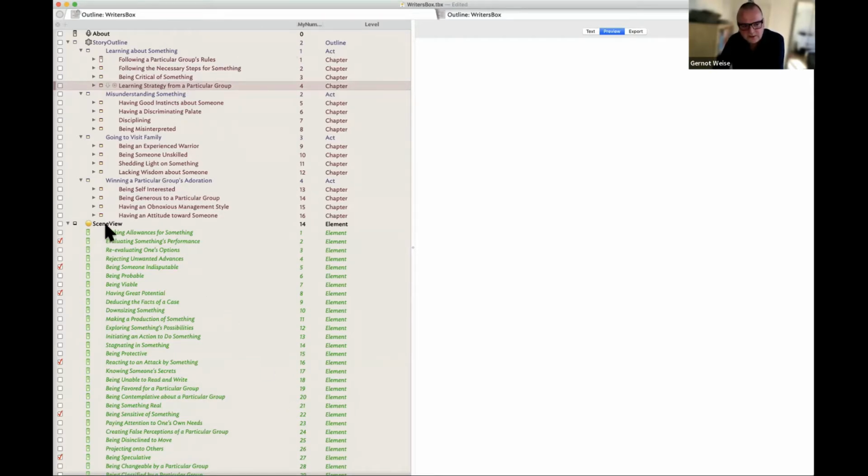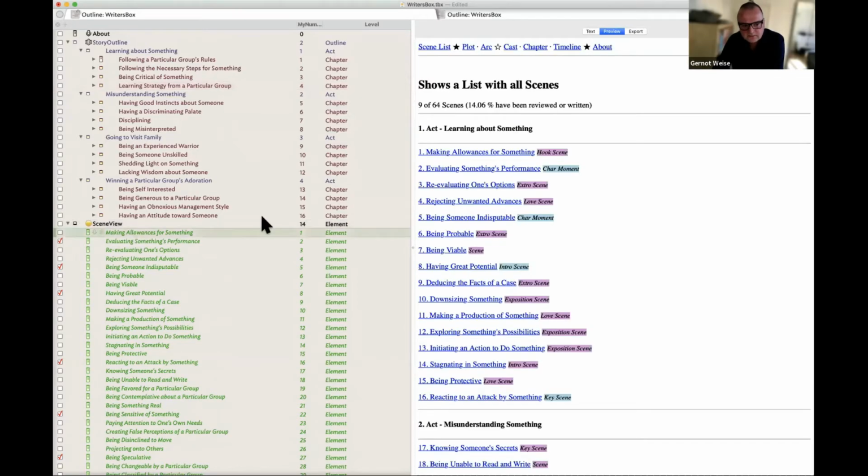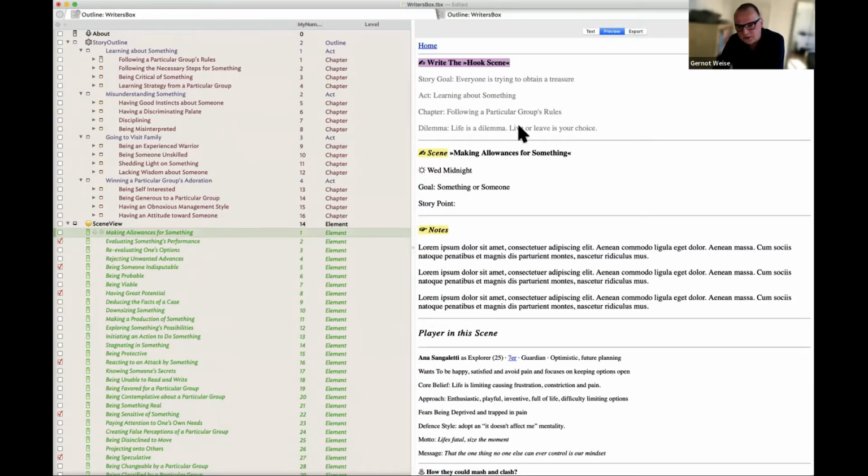But if you then go to the scene level, then you have one scene where you have some meta information, basically from the act, from the chapter. And also there's a story goal for the entire movie, pursue happiness or pursue some money or whatever your goal is, or to learn a language, like in the example. Now you want to learn a language, the overall goal, and this is then breaking down into further smaller goals on every scene.